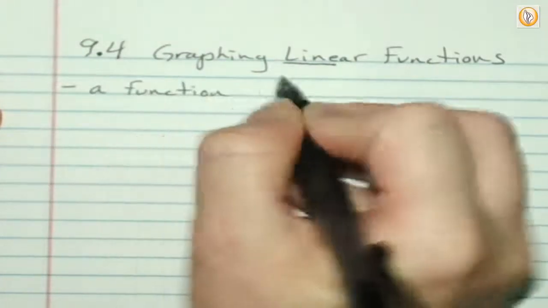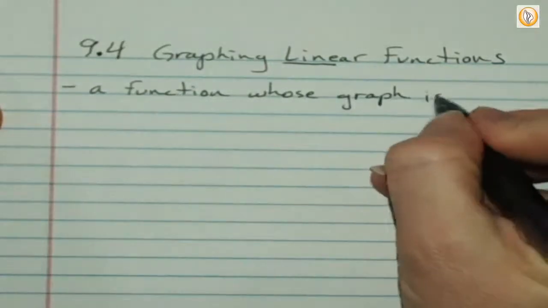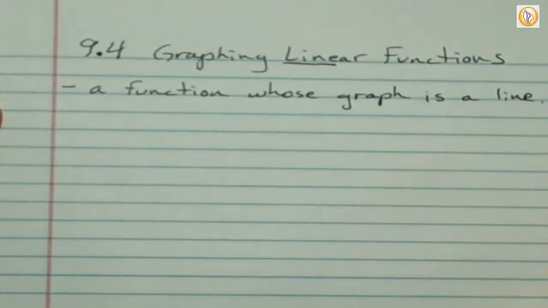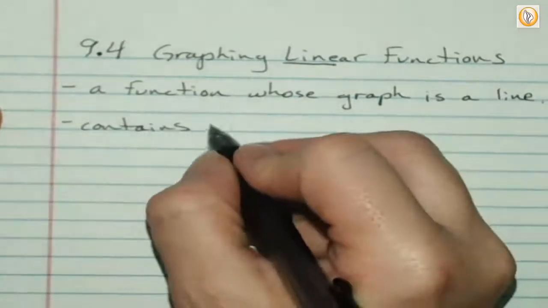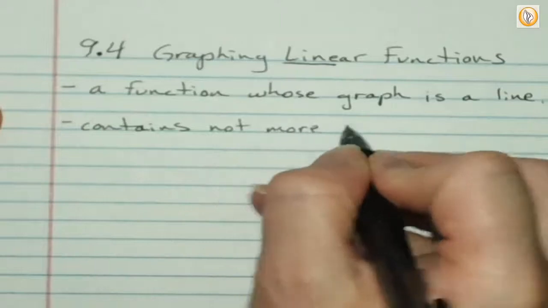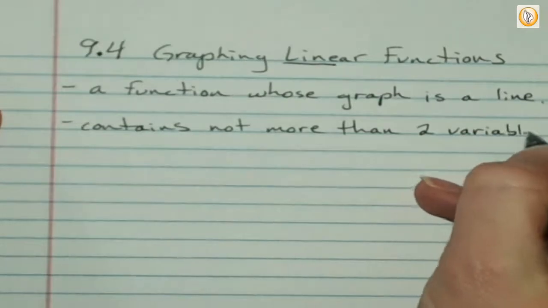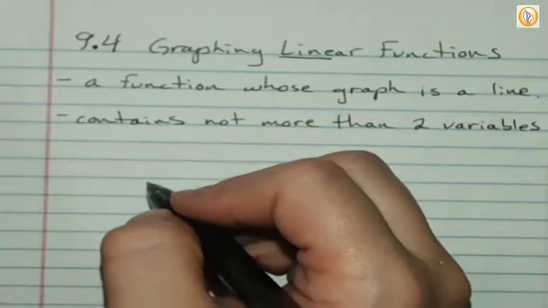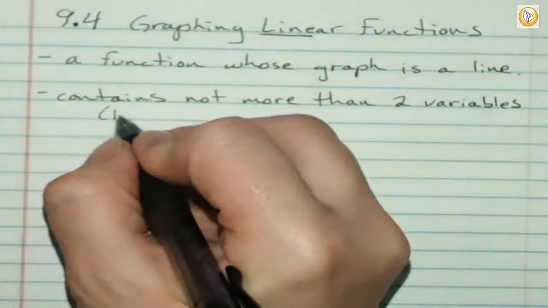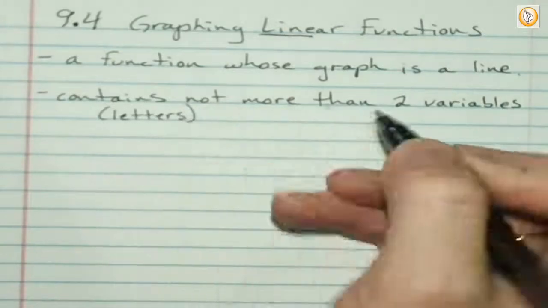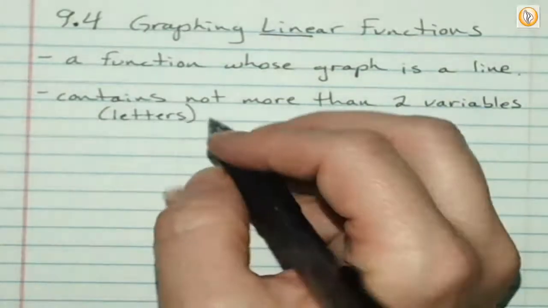A linear function is a function whose graph is a line. It contains not more than two variables. What are variables again? Letters. Constants are numbers, yes. So it contains not more than two variables, which are letters,